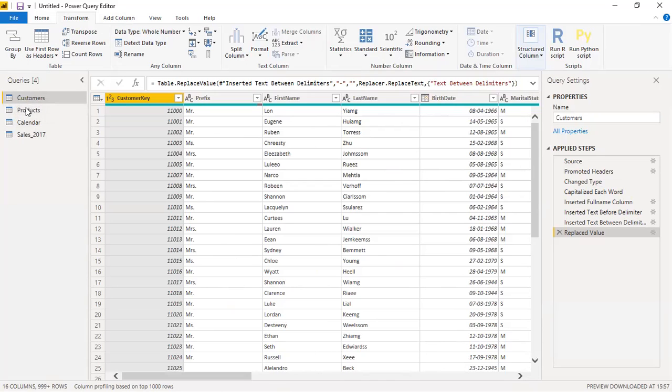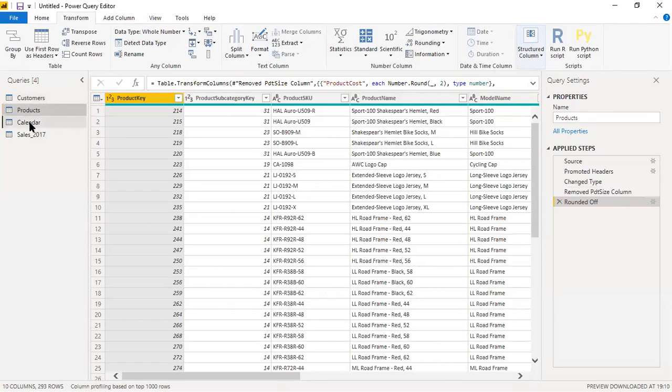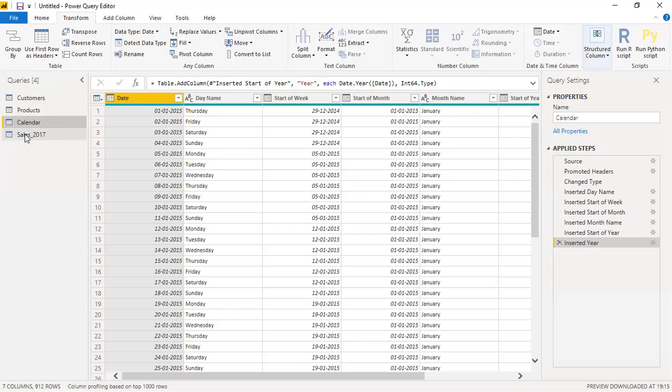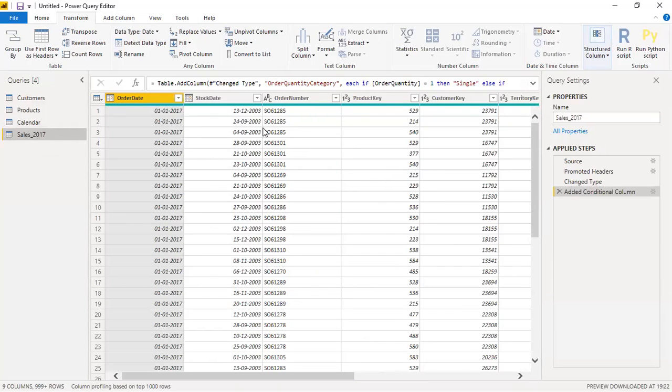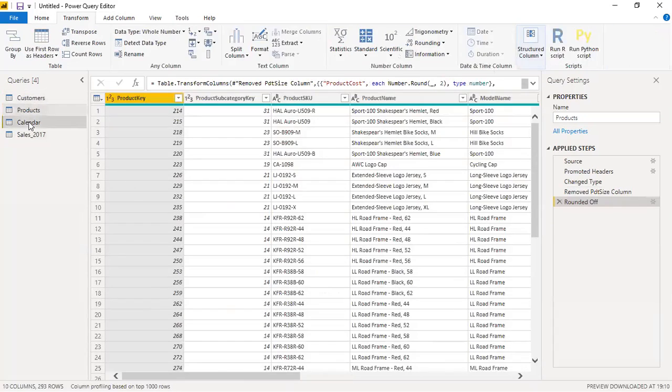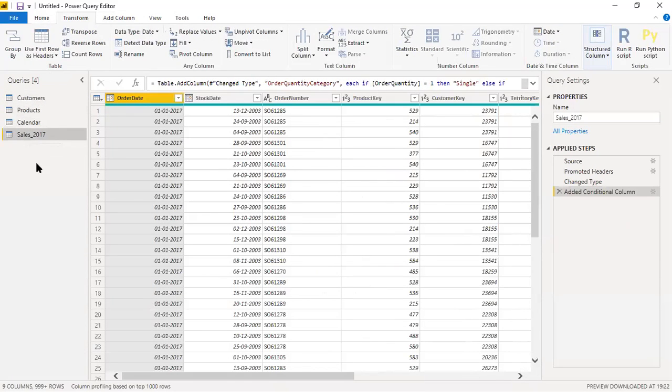Our customer data is the dimension, our product data is dimension, our calendar data is dimension. This is called fact, or just call it the data. So these are dimensions, and wherever the data is, we call it fact. All right. So in the next session, I will be covering data modeling,